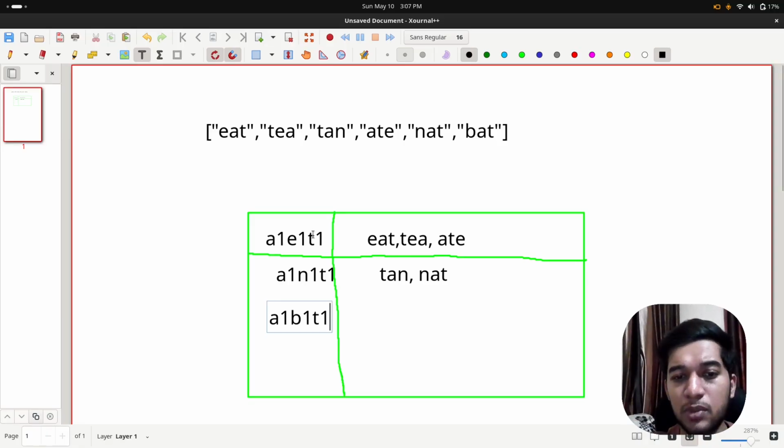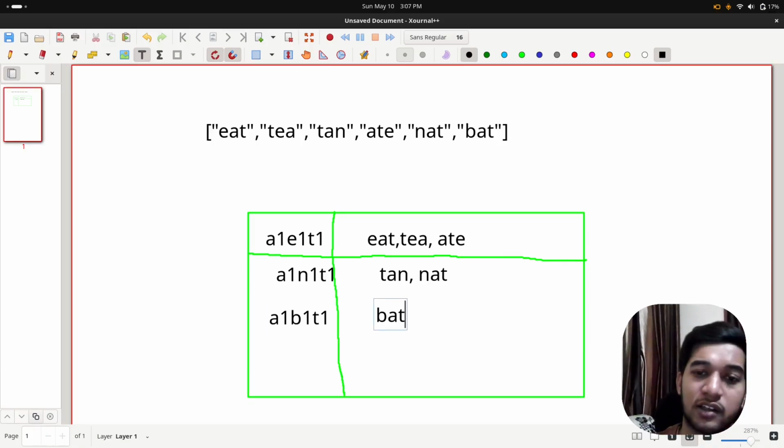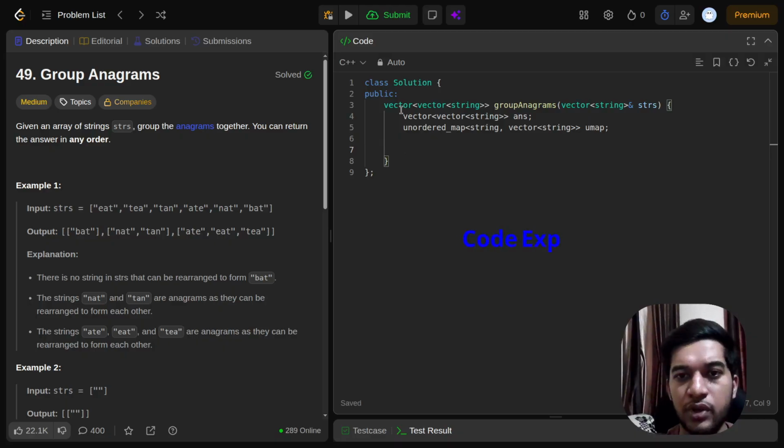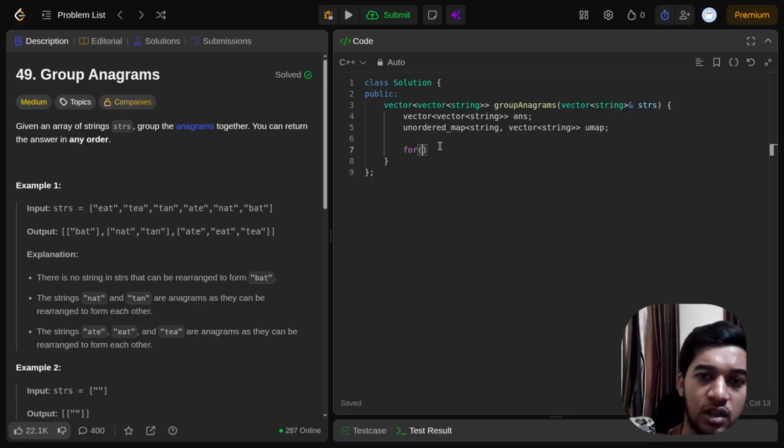These are different from the others, like all the keys are different, and if we get any similar key, we store the value in that, and we store BAT, and at last we iterate over the map and push the values. So let's try to code this. First we have taken a vector for the answer and an unordered map of string and vector of string. Then we iterate over the strings